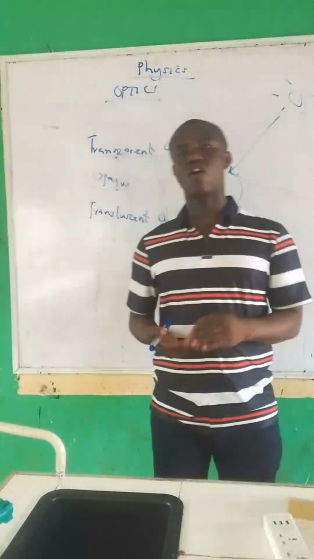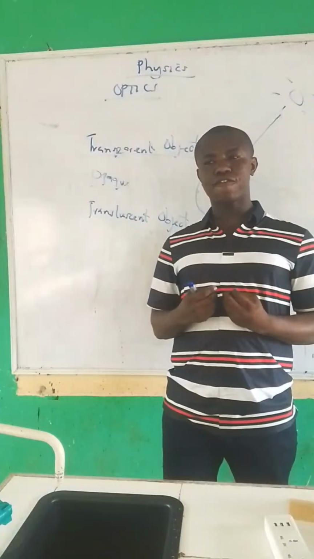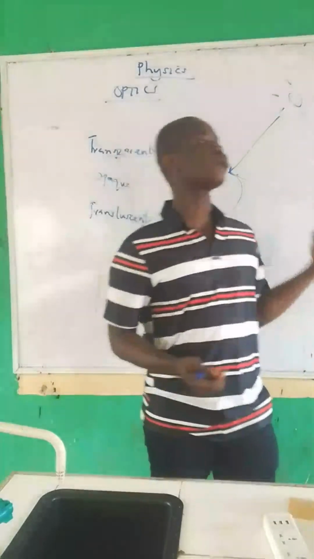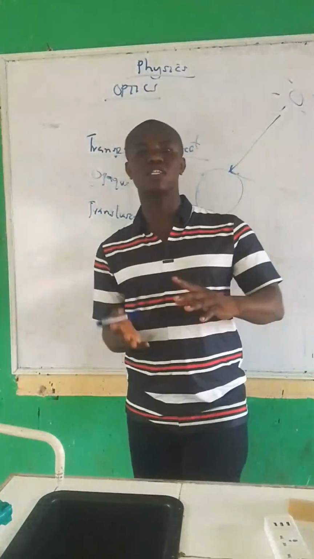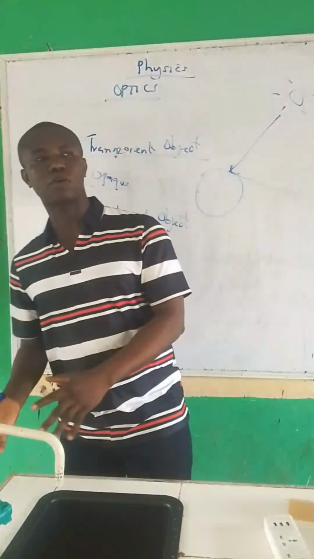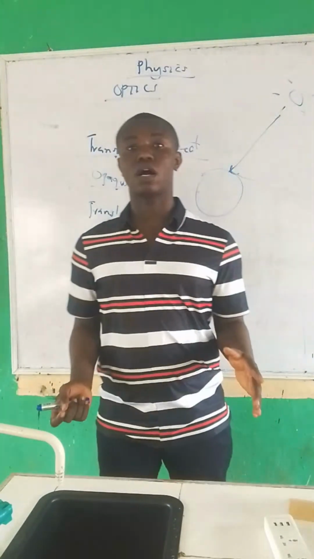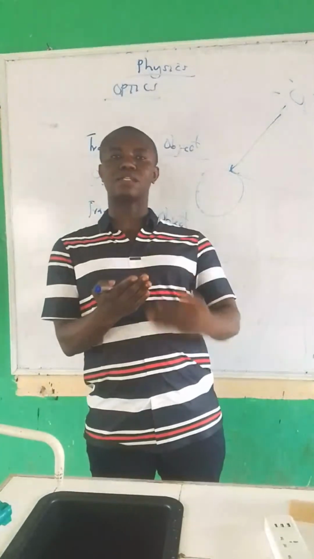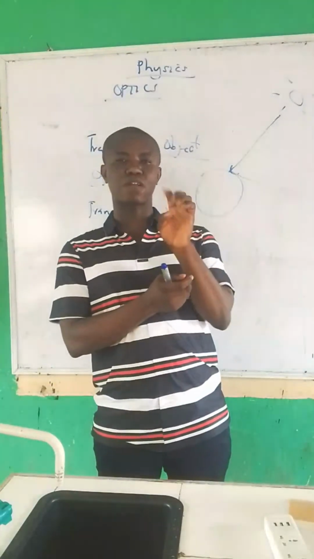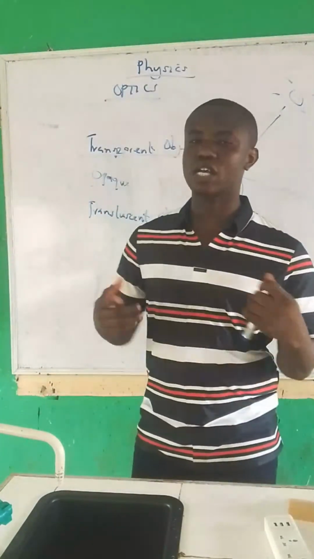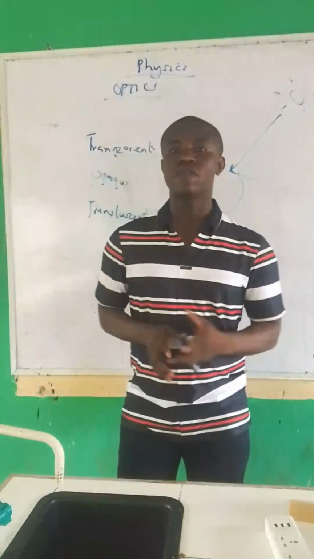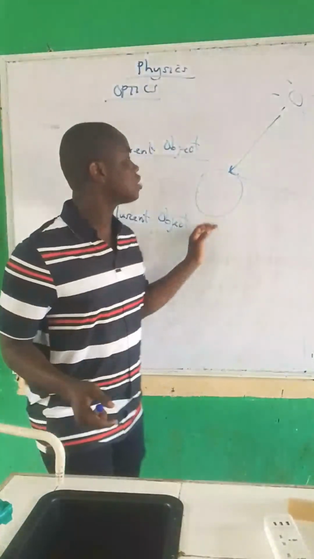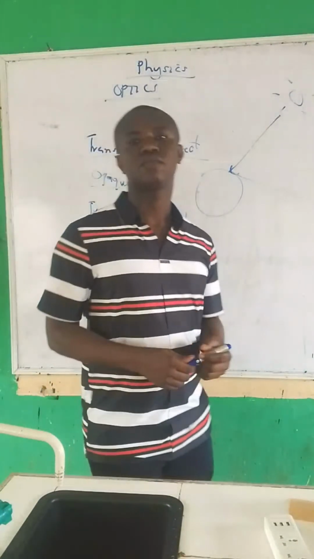In the sense that when light incidents on it, only a few rays, only a small amount of the light will pass through. The rest will be reflected. So it lies between an opaque object and a transparent object. You can see objects at the back of a translucent object, but it will be very blurry. A practical example of a translucent object is a paper stained with oil.